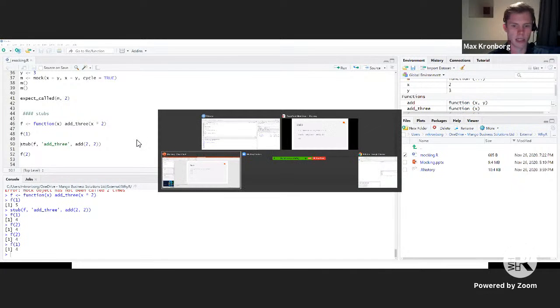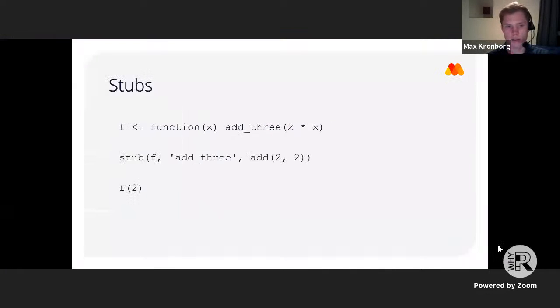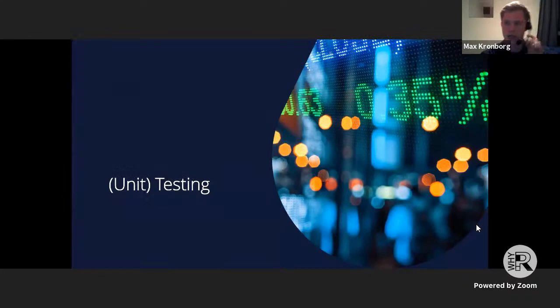If we hop back to here, that's the basic functionality of testthat, mocker, and Mockery. So this kind of takes us to how to use these for testing in particular. So we'll just briefly discuss unit testing, which you may or may not know.